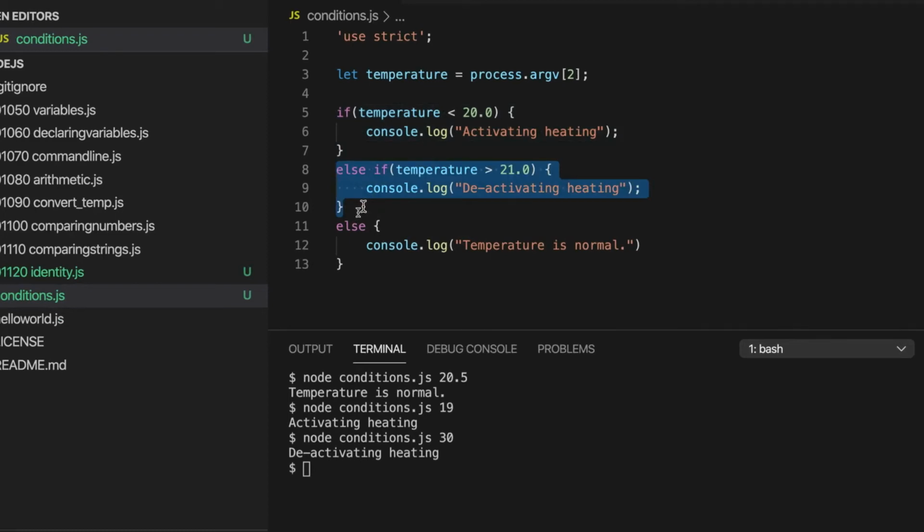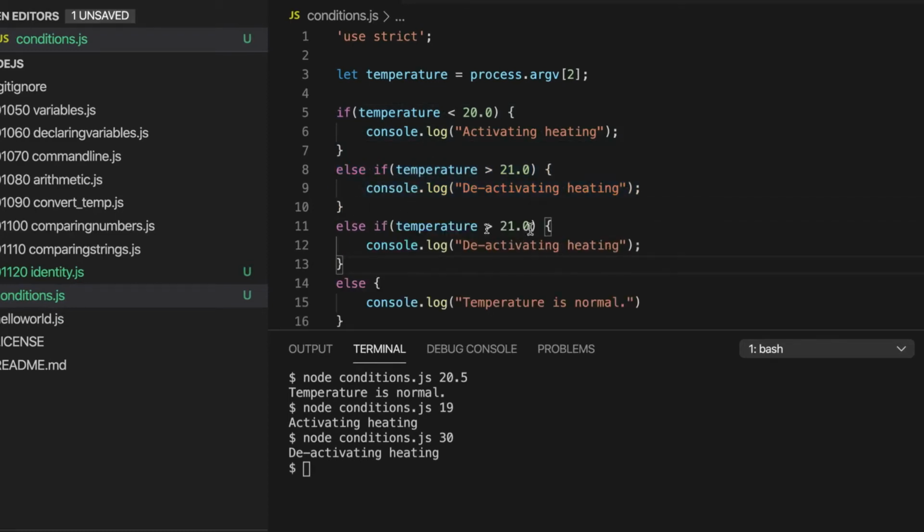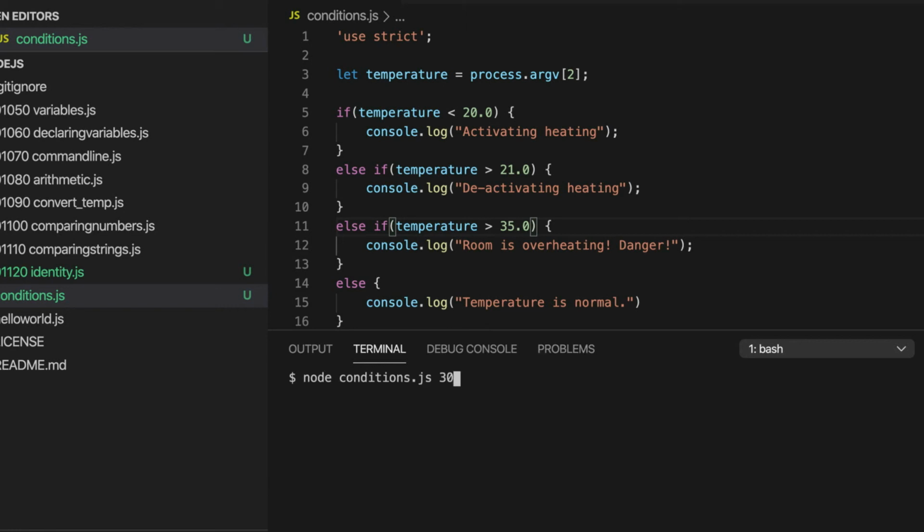So I could put another else if in here, and I could say if temperature is greater than 30, let's say room is overheating, danger. Let's maybe put 35, that's really quite hot, at least where I come from. And it works as you'd expect. So if I put 30 in there, that triggers only deactivating heating. If I put like 40 in there, that's going to say, yeah, well, now we've got a problem,